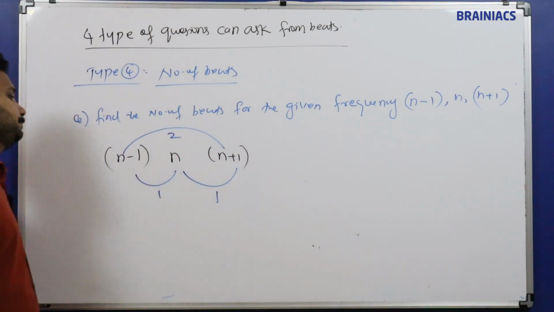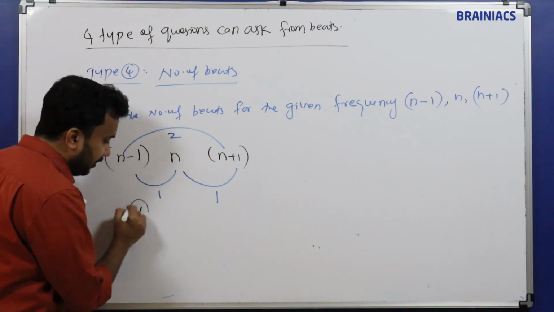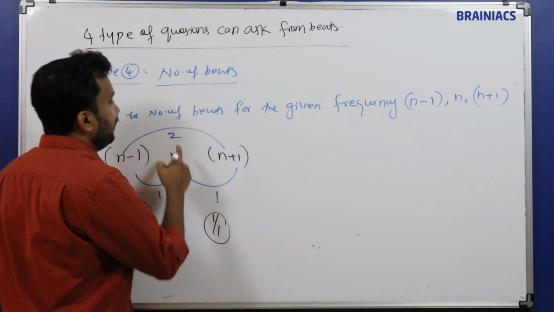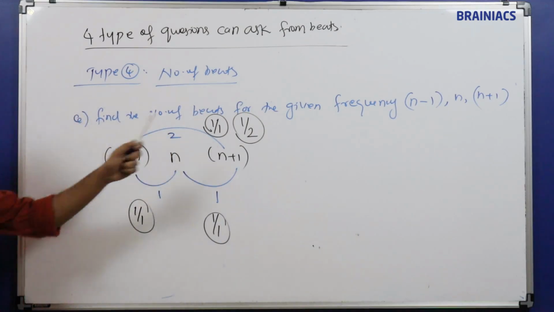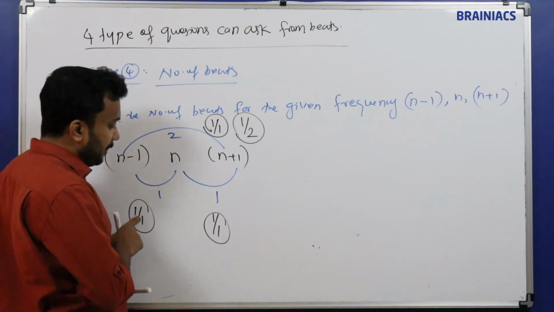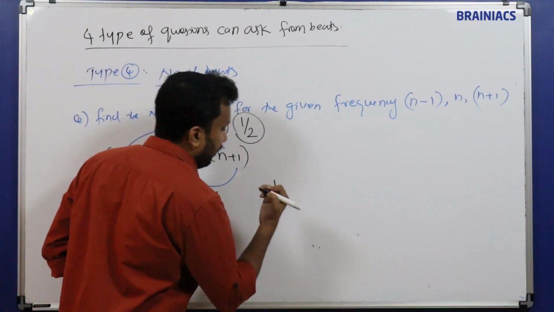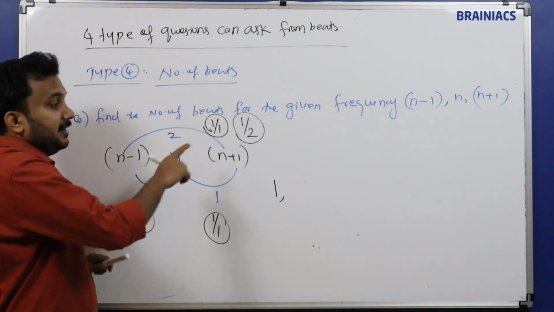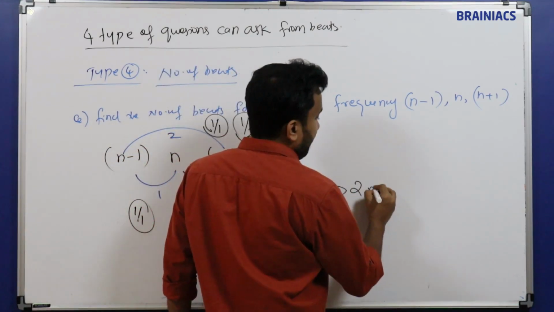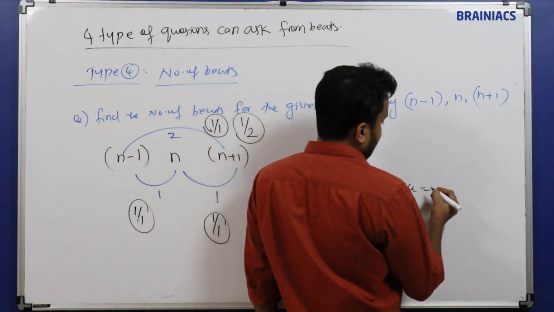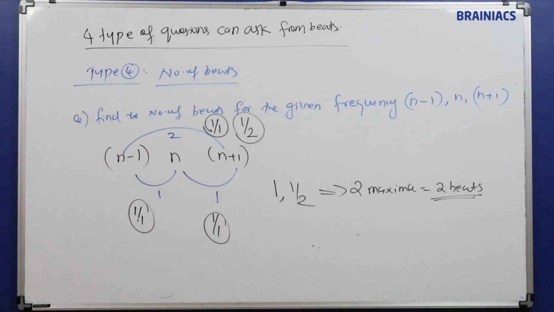And the difference, how much? 2. So here how many beats will be produced? 1/1, 1/1, 1/2. രണ്ട് ടേം എഴുതണം എന്നാണ് അതിൻ്റെ മീനിങ്. So ഇതിൽ ഈ 1/1 means 1, 1/1 means 1, 1/1 means 1. So all the three will form only 1 maxima. എല്ലാം 1 അല്ലേ. നെക്സ്റ്റ് വരുന്നത് what is the different number? 1/2. So 2 maxima. 2 maxima means how many beats? 2 beats. Answer is equal to 2.